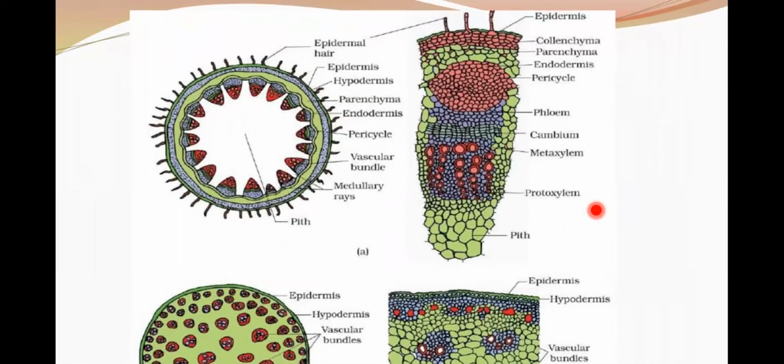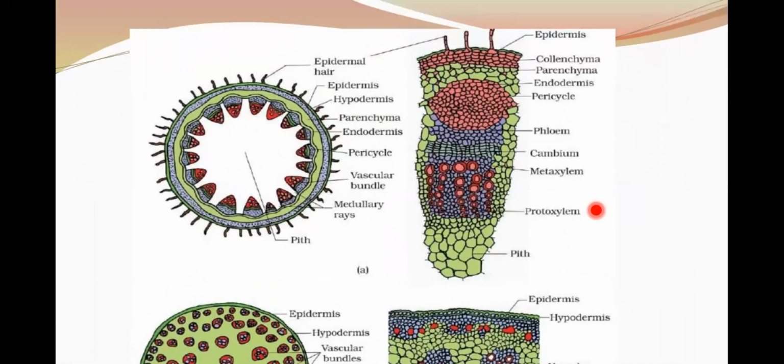In dicot stem, if you see, the outermost layer is epidermis. Important points to be highlighted: presence of hypodermis. Okay, the outer zone is called hypodermis, which consists of a few layers of parenchymatous cells, which is very important here. Parenchyma constitutes the hypodermis, and this is responsible for providing mechanical strength, particularly in the young stage. Okay, and cortical layers below this hypodermis consist of some parenchymatous cells.